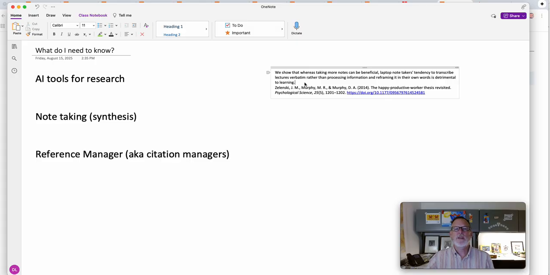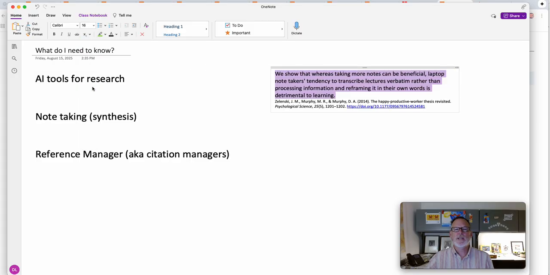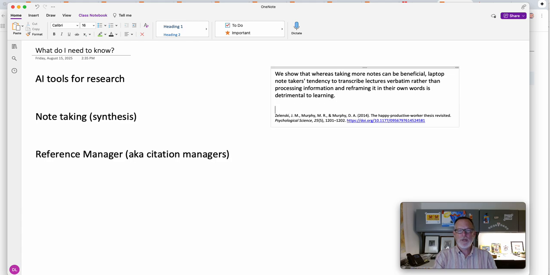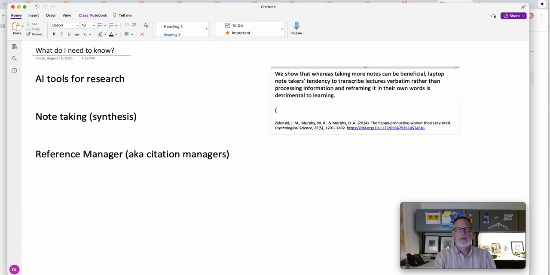In the long version of this, you can change the sizing of it and make yourself your own little bibliographic entry. So this is a quote, and then for note-taking, my own words,